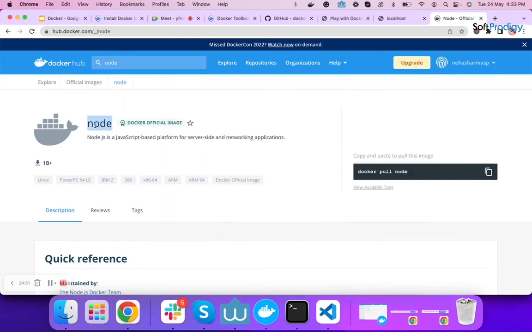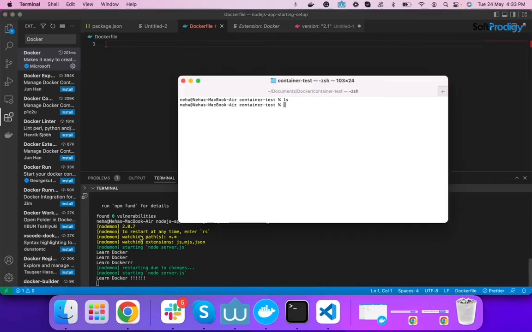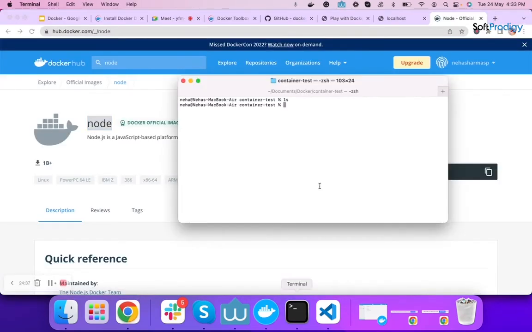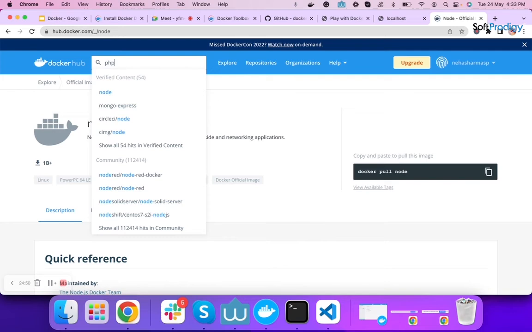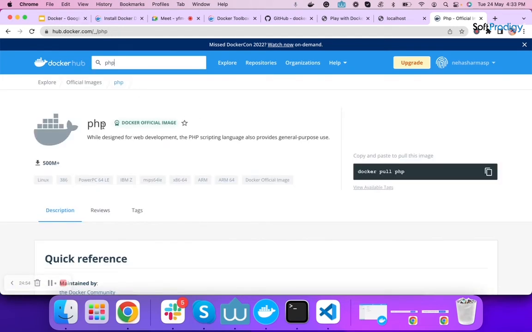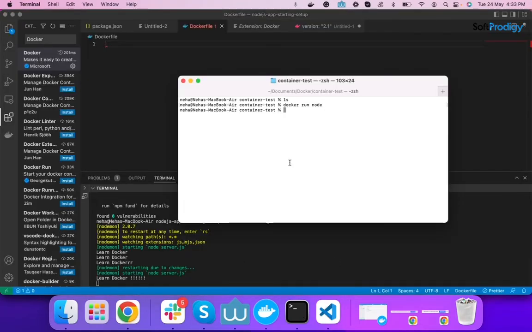I just need to run this image, so I'm going to run the command docker run node. I have this image already on my computer system, that's why it is not showing anything.